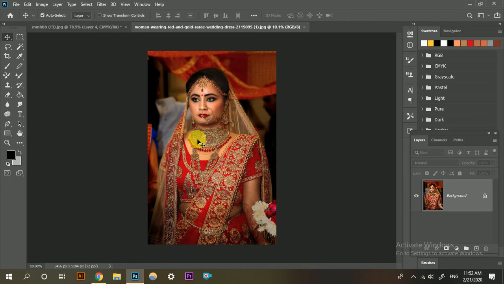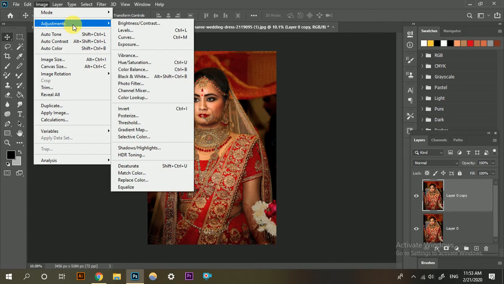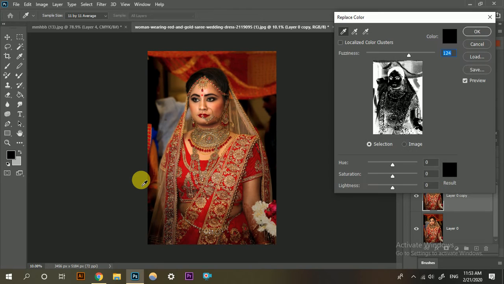So after opening the portrait, I copy it. Just press Ctrl J on your keyboard and you get a second copy. Then I go to the Image menu, and under Adjustments I get to Replace Color. When you click on Replace Color, here you can see the three